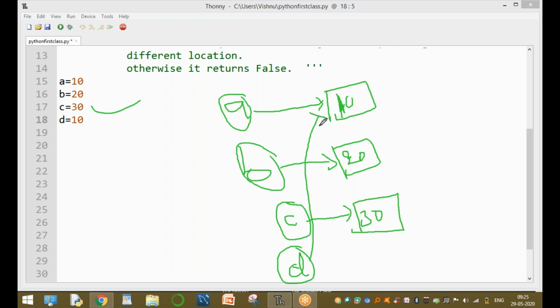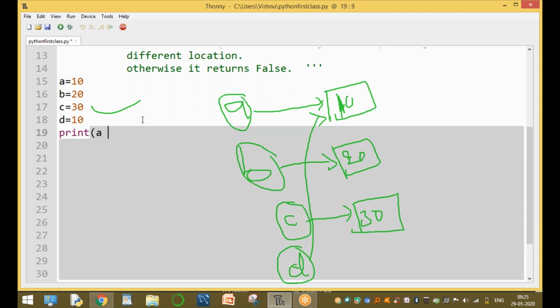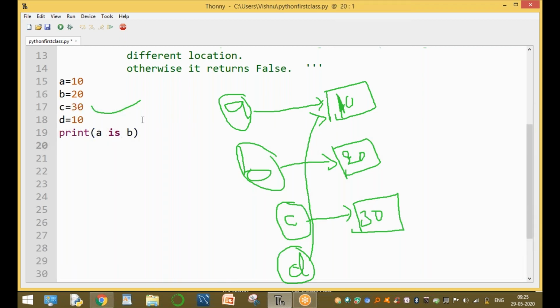So a is 10, b is 20, c is 30, and d is 10. Now print a is b, true or false? A is pointing to 10, b is pointing to 20, c is pointing to 30, and d is pointing to 10.